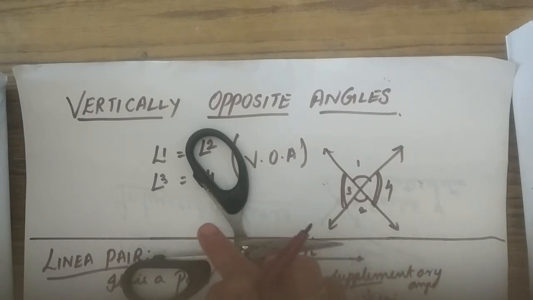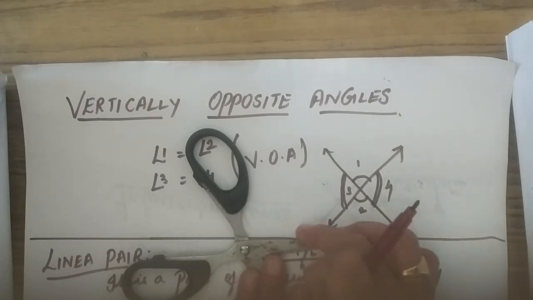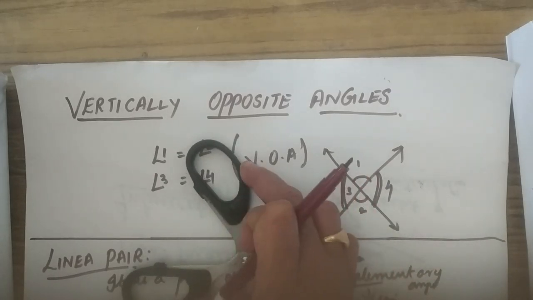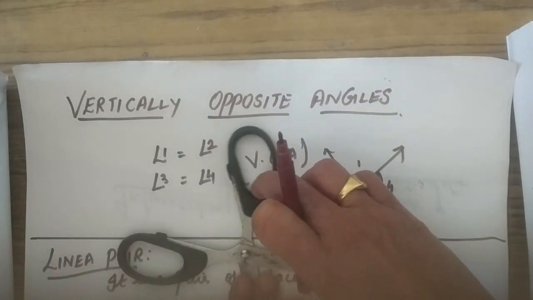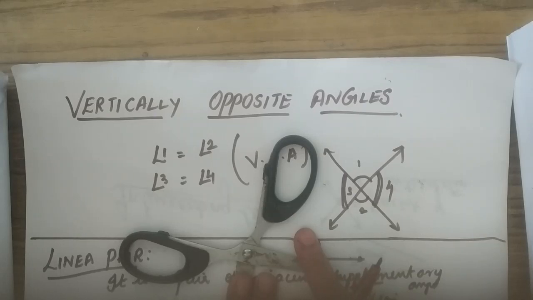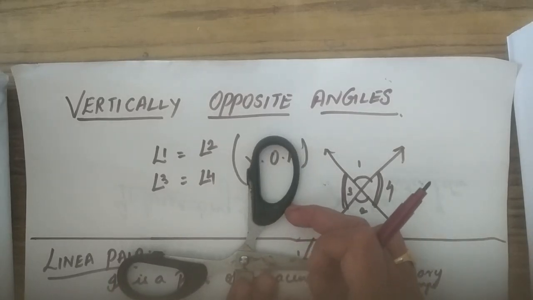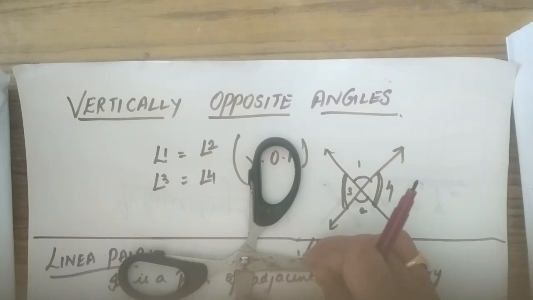Since this is a straight line, two angles are formed over here, and these two angles are adjacent, and the sum of these two adjacent angles is 180 degrees. Also you should observe, if one angle is acute, the other angle becomes obtuse. If this is obtuse, this angle becomes acute. So this is a very good real life example of linear pair. One more example, you can see your vegetable chopper at home also. While cutting the vegetables, you can see that also forms a very good linear pair example.